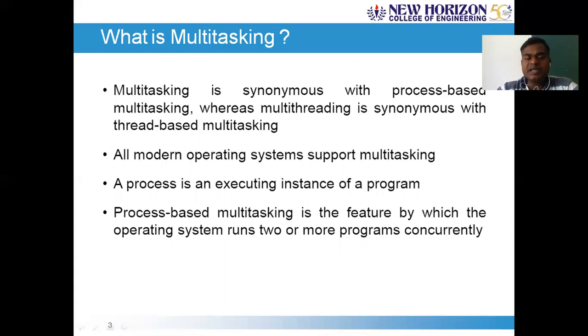A process-based multitasking is a feature by which the operating system runs two or more programs concurrently, which means that at a given point of time, more than one process cannot execute at the same given point of time. I mean, there will be a fast context switch between the processes.